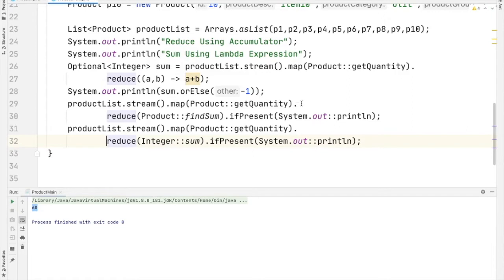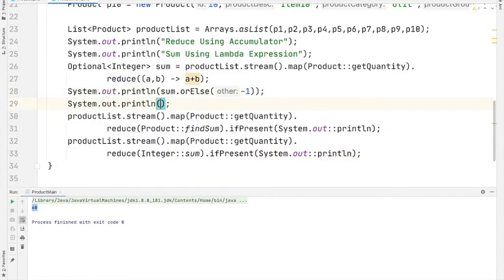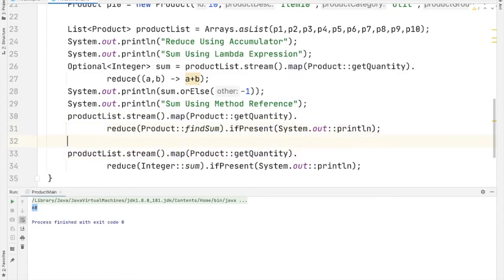We'll give heading for all this. Sum using method reference. Then sum using sum method from the Integer class.